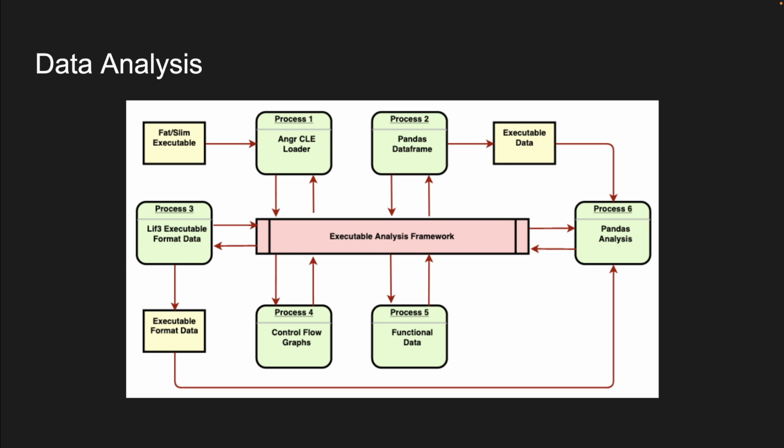And then for process 3, there's a typo there. That should be LIEF executable. That's the other library we're using for extracting our executable format data. So again, think of the headers, sections, resource data, data buffs, stuff like that. And it's, again, just going to be categorical information. And from there, we have our executable format data, which, both that data frame for LIEF and the data frame for angr, goes through Pandas. And from there, we begin our Pandas analysis stage,